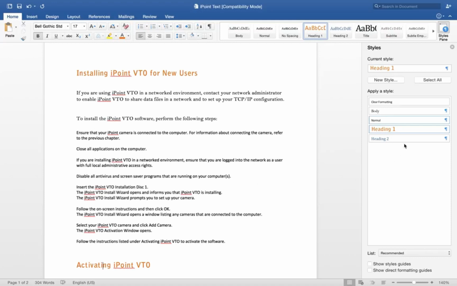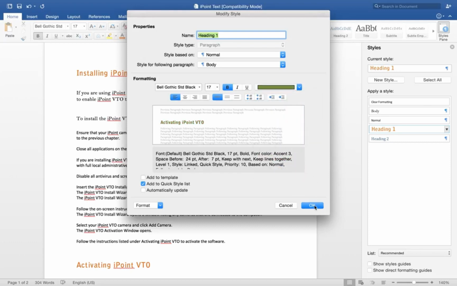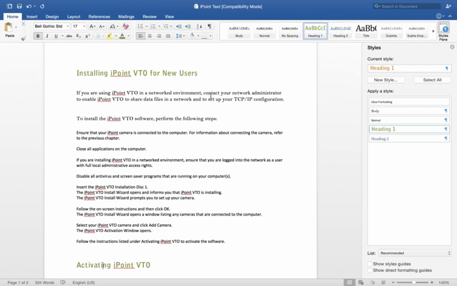What if I wanted to change the color of my headings? I could come over here, modify the style. I could select a different color. Let's go with red. No, let's make it different than orange. Let's go with green. Click OK. Notice that any text that was formatted with the heading 1 style is automatically updated. This is just a small hint into how important knowing styles can be. I'm going to undo that color change because I want to keep the orange color.